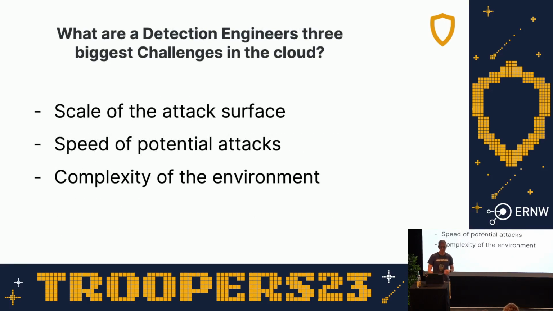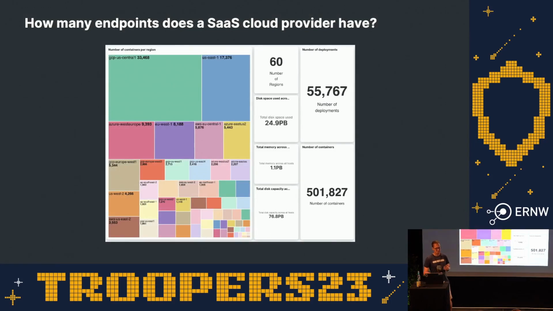So from a detection engineering point of view, what are the 3 biggest challenges in the cloud? The scale of the attacks, the speed of the attacks, and then the complexity of the environment, and you can call it the attack surface that I'm in charge of protecting and building these detections on. And so what do I mean by the scale of attacks? Like I said, we're a SaaS provider, so we have Elastic Cloud where you can go in and spin up your own Elasticsearch clusters. We manage it, I protect it, all of this stuff, and it's all on AWS, Azure, GCP. This is a snapshot from 1 hour this week.